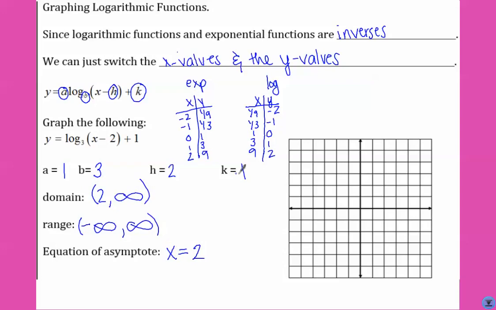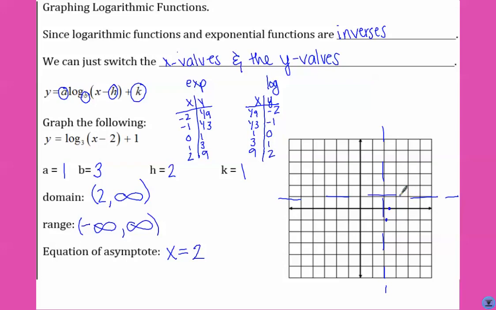So let's graph our h and our k as invisible lines. So we're going to use dotted lines. So h is 2, k is 1. And then we're going to graph this chart the best we can from our h, k point. So we're going to go over 1/9 down 2, over 1/3 down 1,